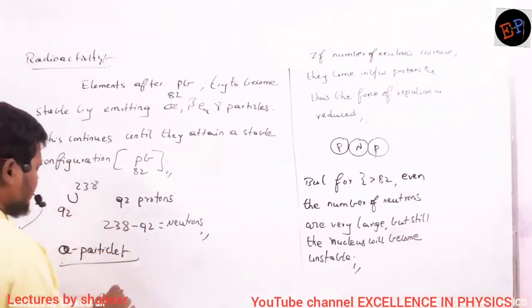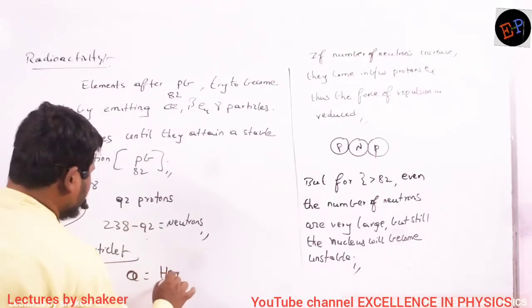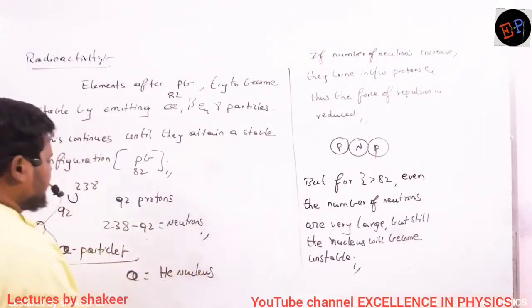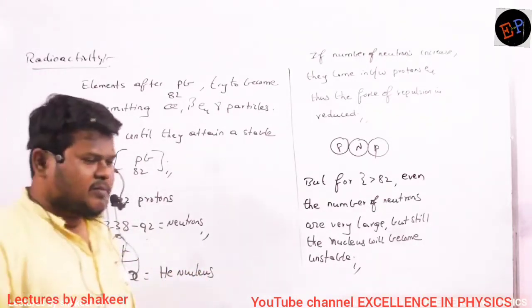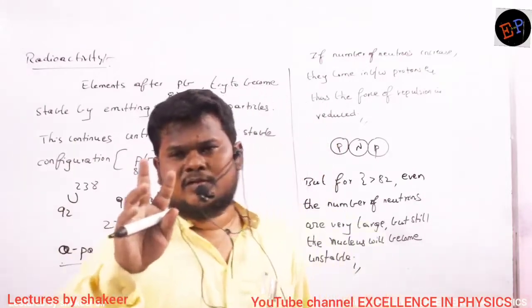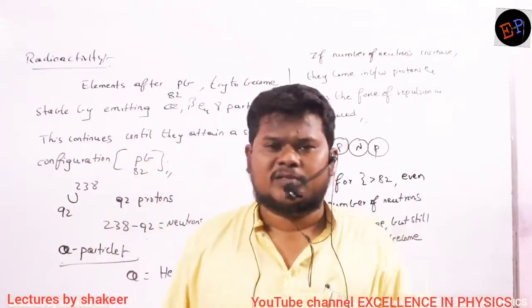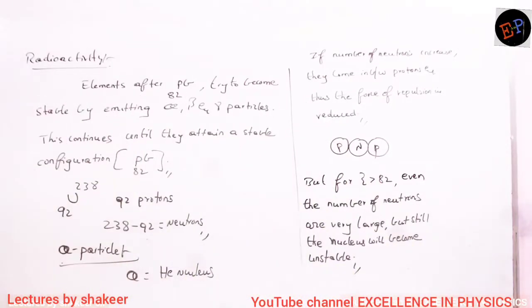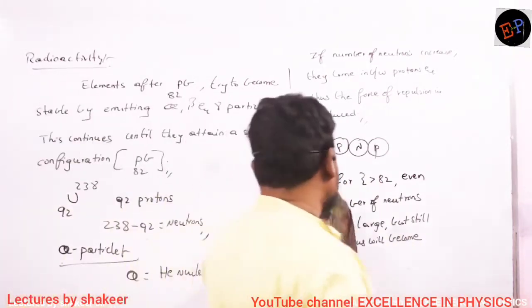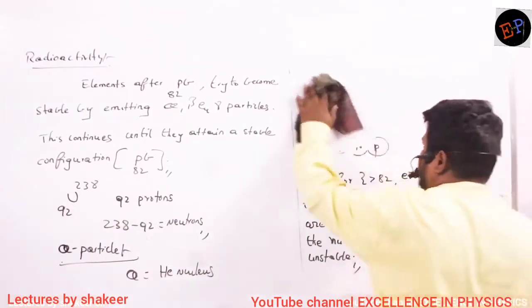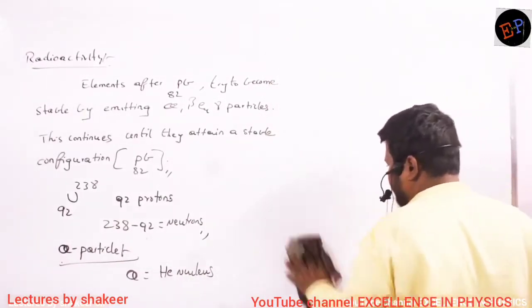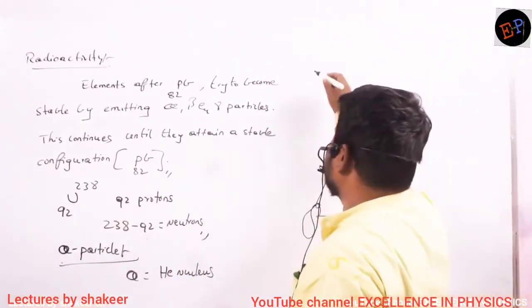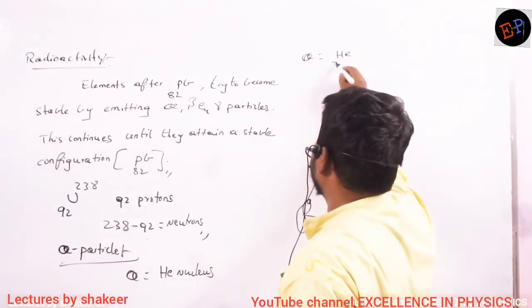Okay, so what is meant by alpha particle? Alpha particle means it is a helium nucleus. So the nucleus of helium is nothing but alpha. We know that the atomic number of helium is 2. It means there are 2 electrons revolving around the nucleus. So if I remove both of those electrons, then what am I left with? I am left with only the helium nucleus. So that helium nucleus itself is called alpha particle. So therefore alpha particle can be written as helium 2-4.